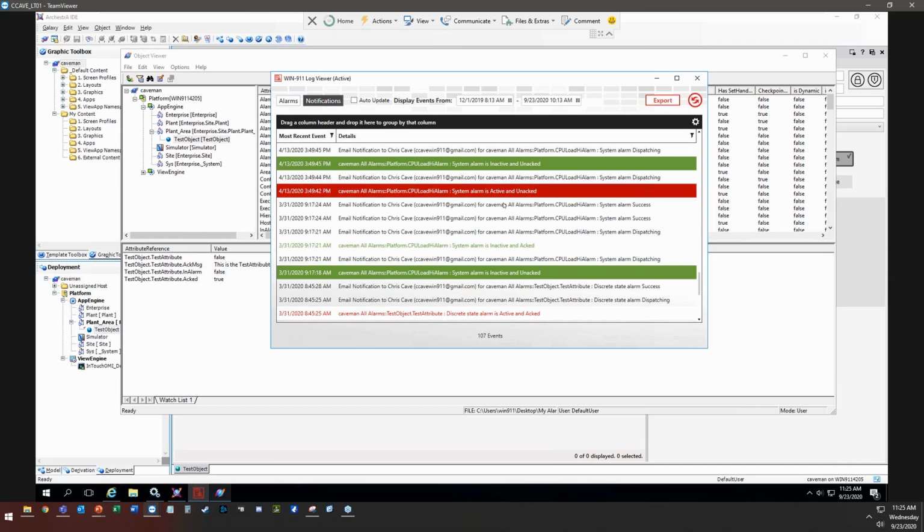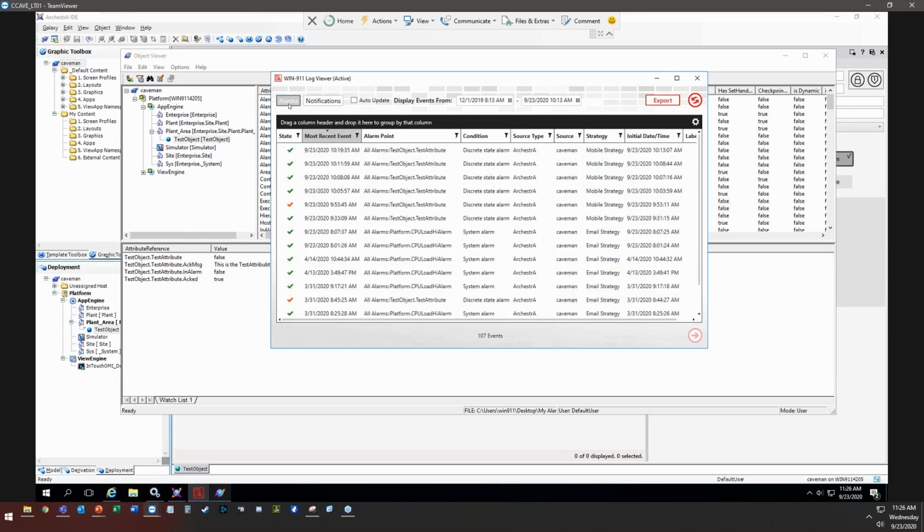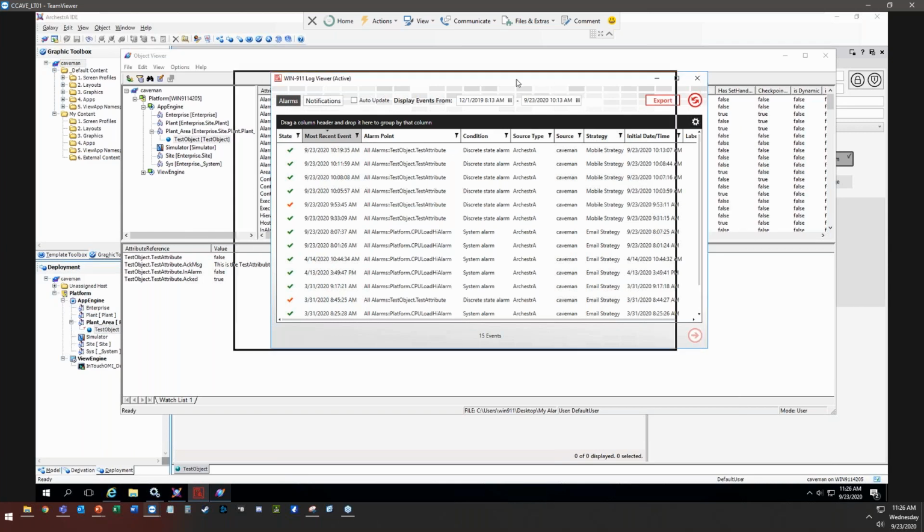And what we mentioned earlier too was about column details. Right now, these are our basic columns, most recent and details. You can always click the little gearbox over here, and we could select the strategy instance ID if we'd like to see what's going on there. Back on our alarms tab, I think we have a few more options. Same is true: we could hit our gearbox, and then choose the alarm lifetime ID, the strategy instance ID, and whether it's suppressed or not,